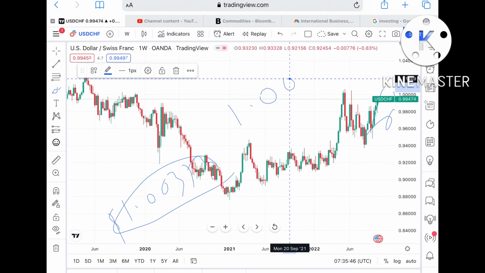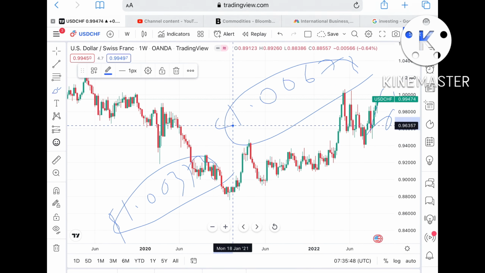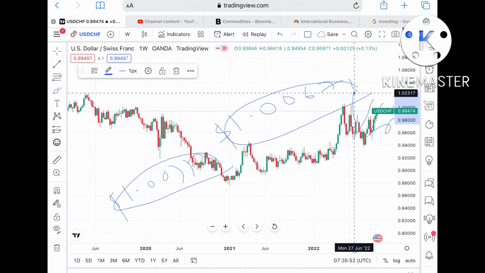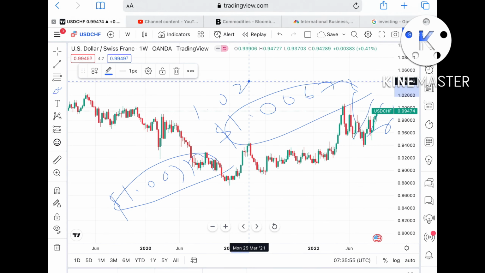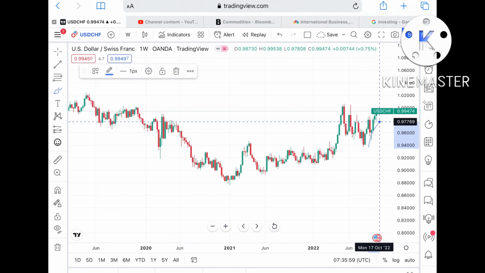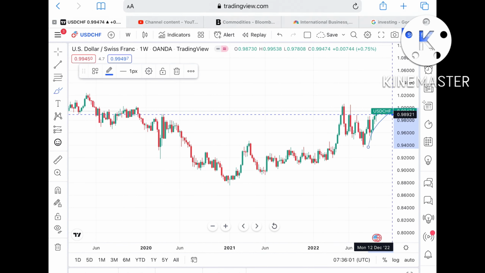Okay, and if the price moves above that level, then we can see it can go towards a level of $1.00673. Okay, and if it goes above that level, then there is a higher probability that it can move further upside and a probability of touching $1.02436 and then further high. But suppose the price doesn't sustain this particular level, then we can see it can move further low towards a level of